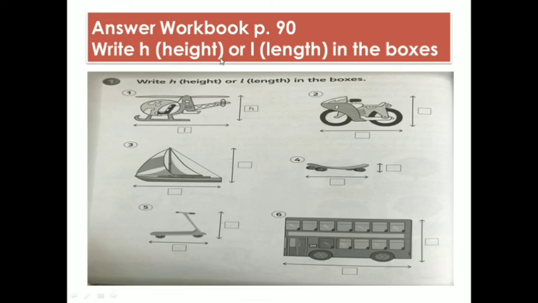Now on your workbook, page 90, write H for height or L for length in the boxes. So number 1 has already been done for you, the helicopter. Look at this, children. So how long? It is the L, which stands for length. L stands for length. And you measure the tall. How tall is the helicopter? You measure the height. 2, 3, 4, 5, and 6, you are going to answer it on your workbook. Good luck, children. Now this ends our